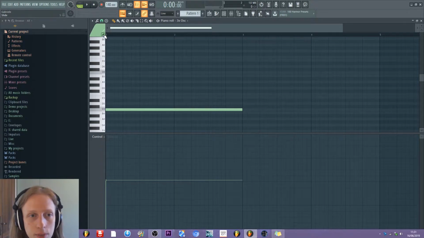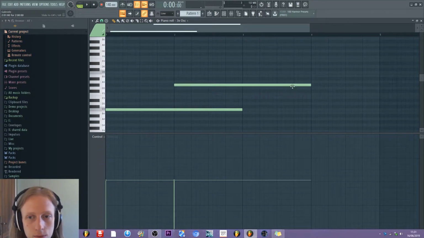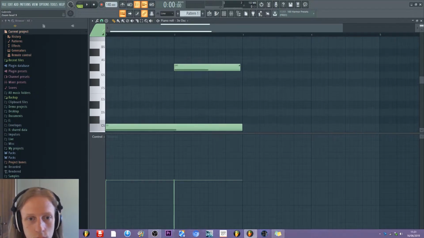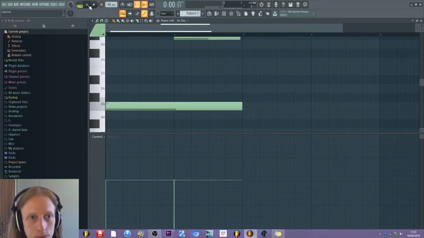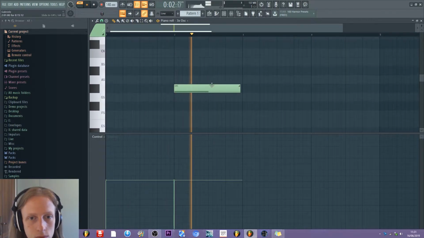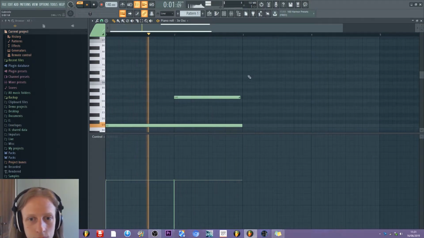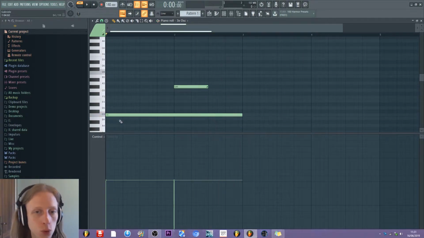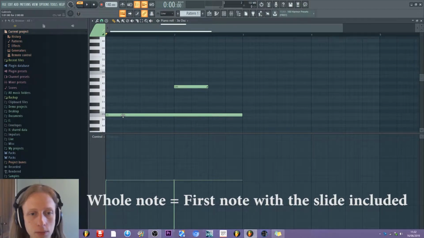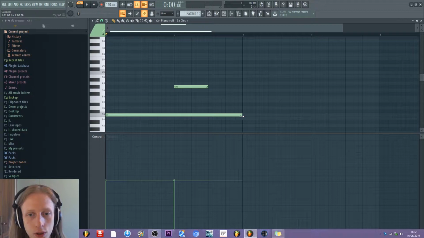So for example, if I put a slide note here, if you zoom, you can see there is a little symbol here. And if I play, the length of the whole note is determined by the first note length, okay? So if this note is more length,